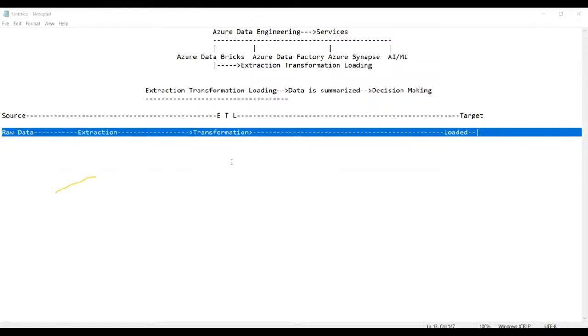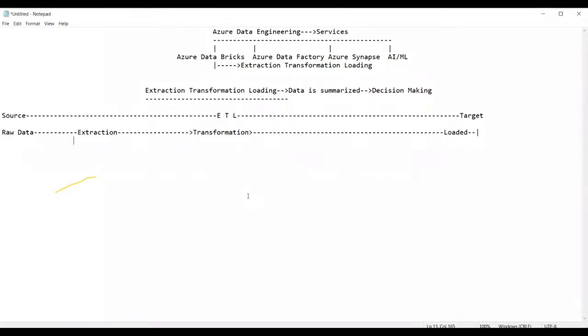Extraction, transformation, and loading is the process of picking up the required data, and transforming the data as per the requirement, and ultimately the transformed data, you will load it into the target. Okay. So guys, is it clear for everyone what is ETL actually? Yes, guys, I want an answer, please. Yes. Okay.